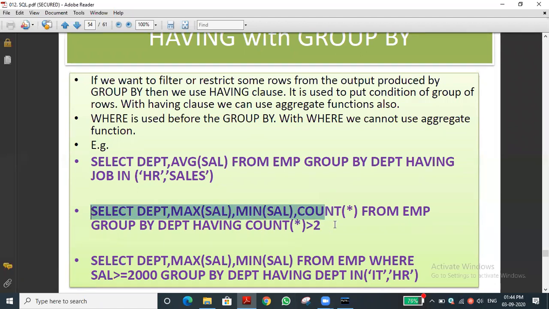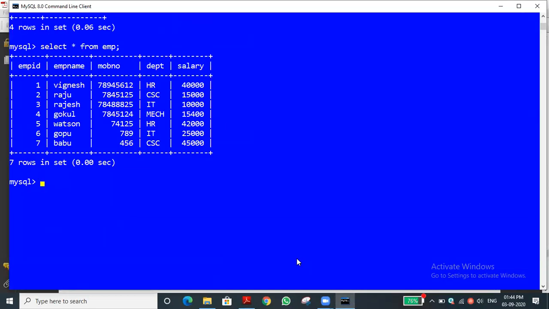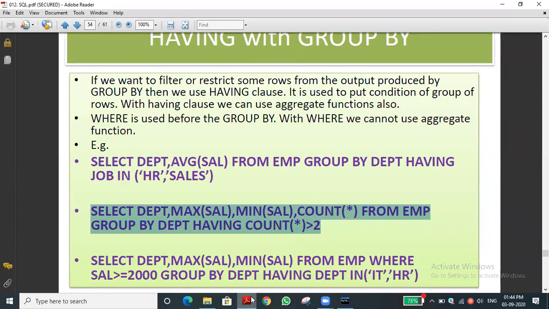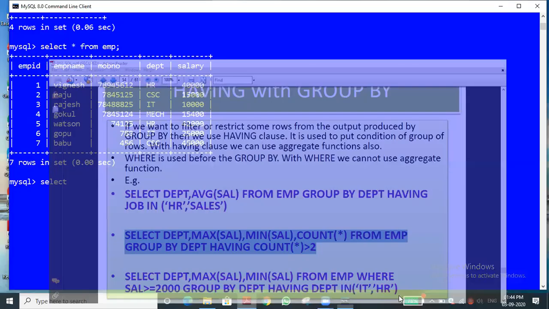Just listen to this condition. Now I'm using the same condition. Select what they gave in the query: select department, max of salary, min of salary, count all. So we are having the same fields.